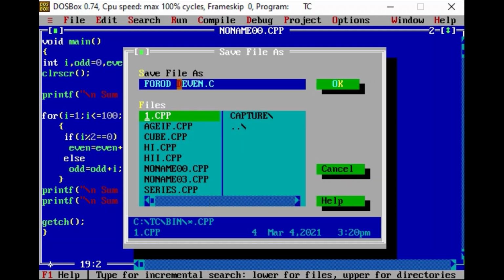So we just do not give a space. We can save it with any name, but it should not contain a space, and the saved file name should be meaningful.